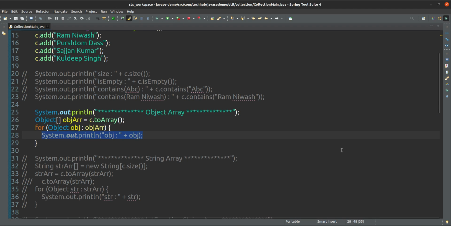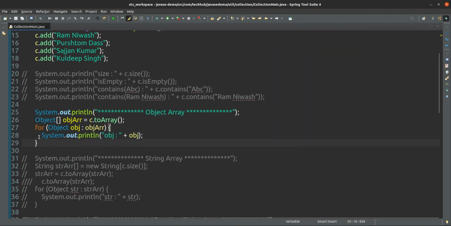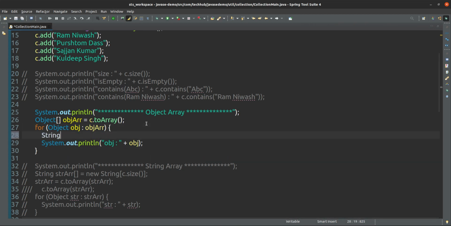So this is an array. But what exactly is the disadvantage here? If it is a string, in that case this object you cannot give to a string directly.